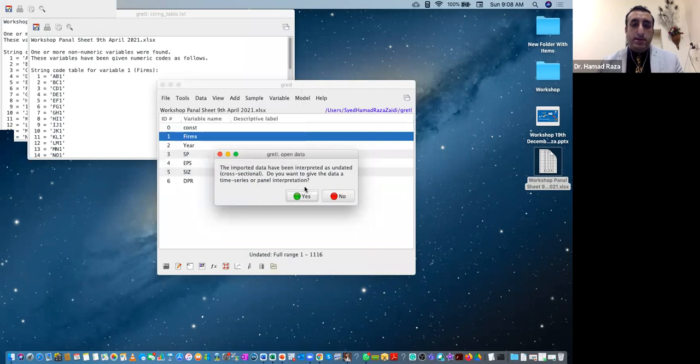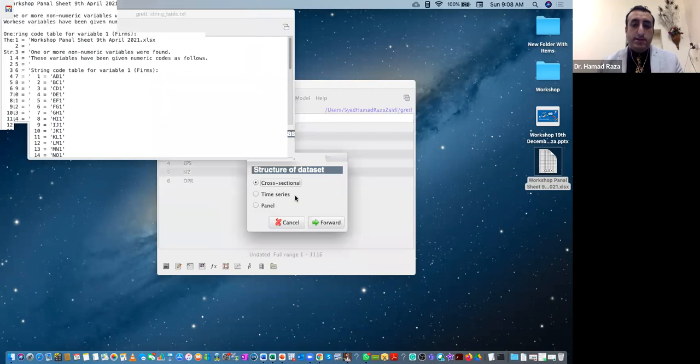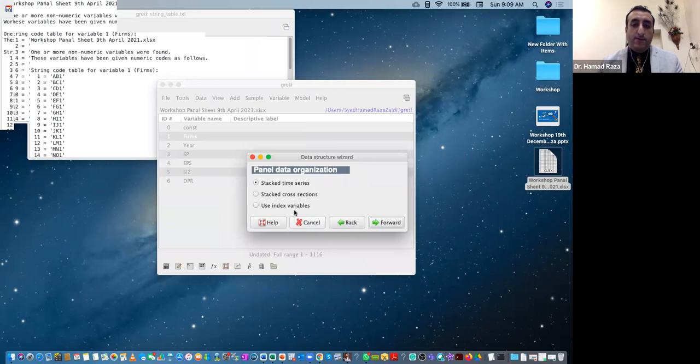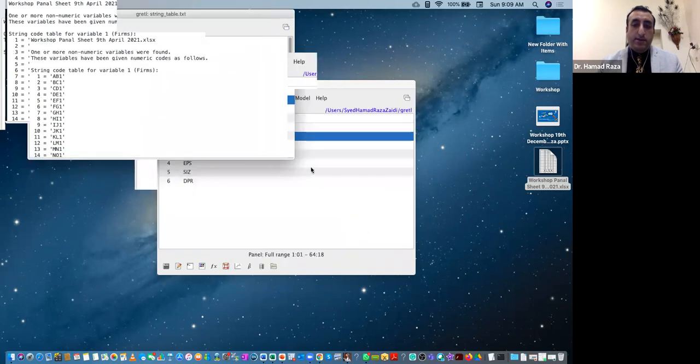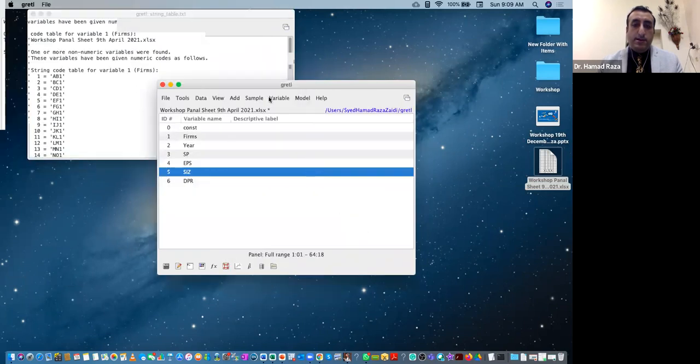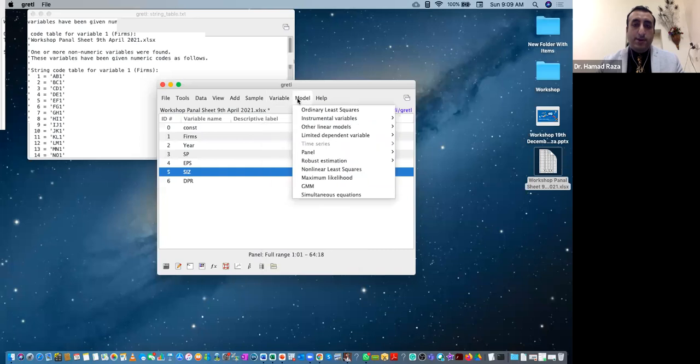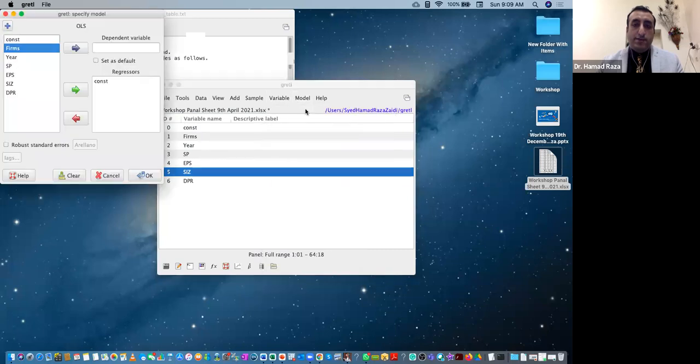You need to click yes, and then panel, forward, use index variables, for many years is already selected, forward, apply. So these variables are already created. So we already see that model is a pooled OLS model, which states that the share price and all dependent variables